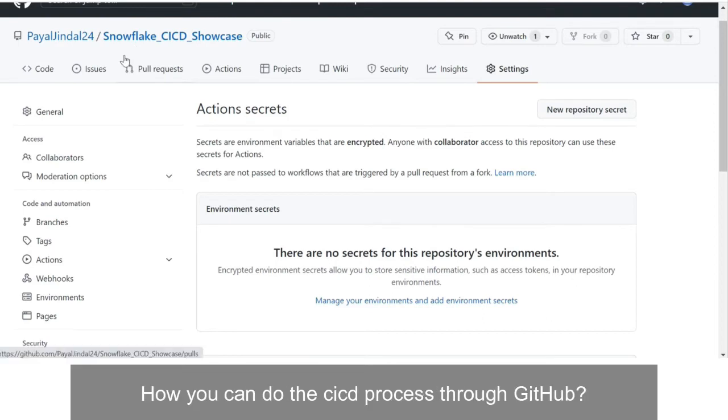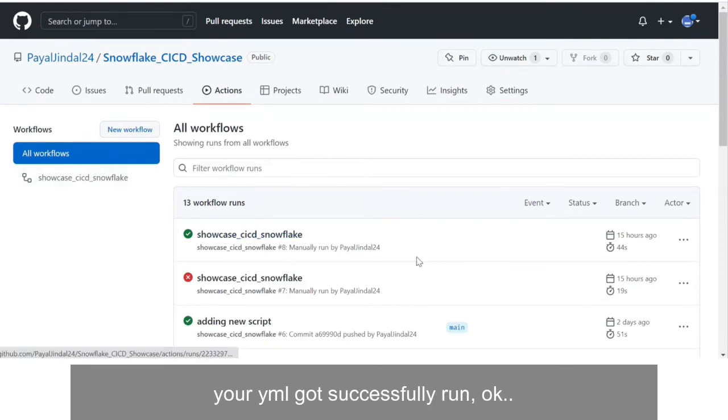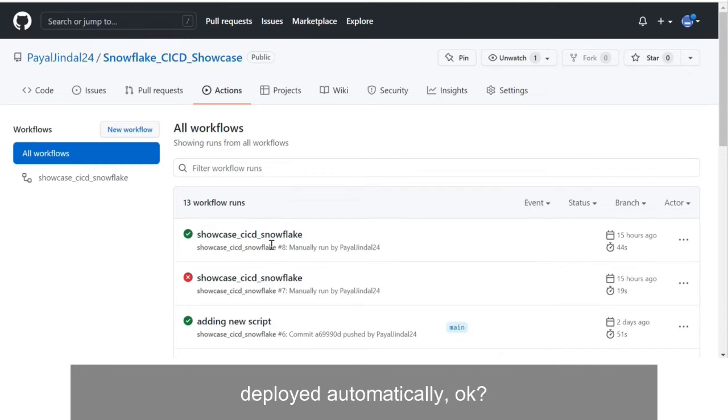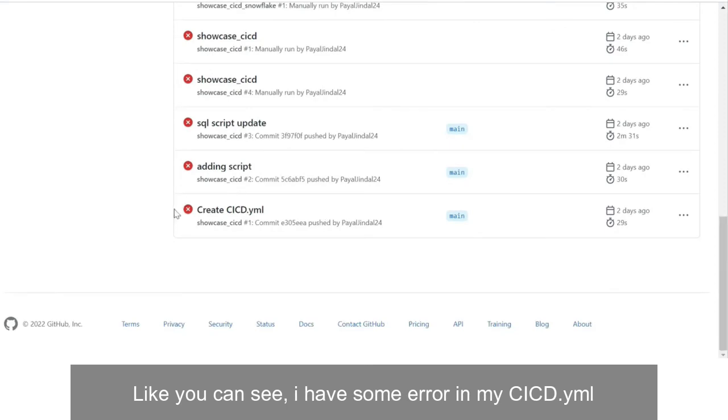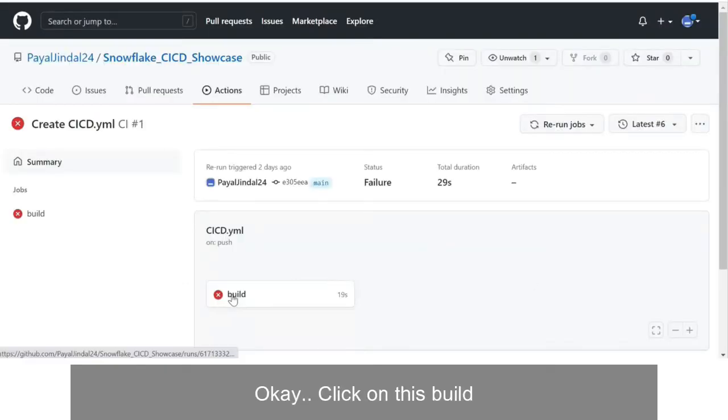Now the question is how you can do the CICD process through GitHub. First of all, once you created your YML, make sure your YML got successfully run. If there is any error in your YML, your scripts are not going to be deployed automatically. Like you can see here, I have some error in my cicd.yml. How can you see it? Go to this YML, click on this build,